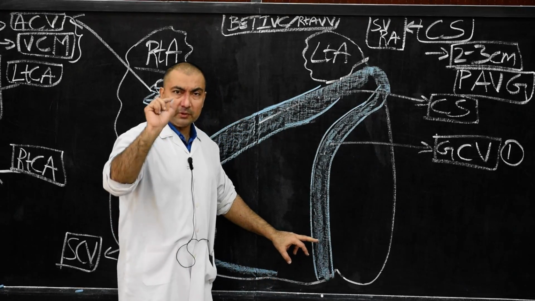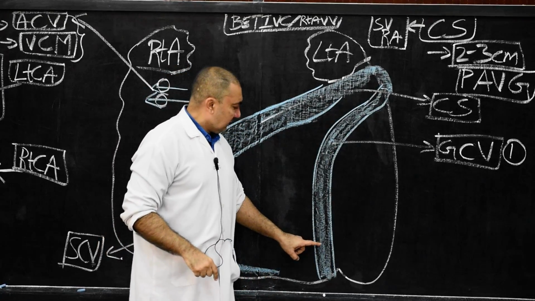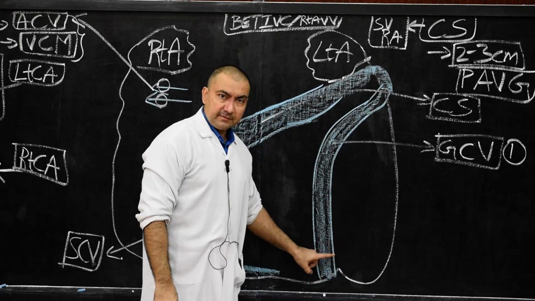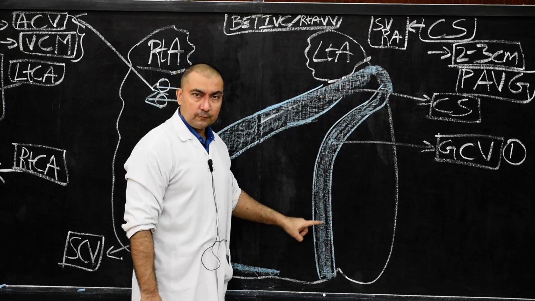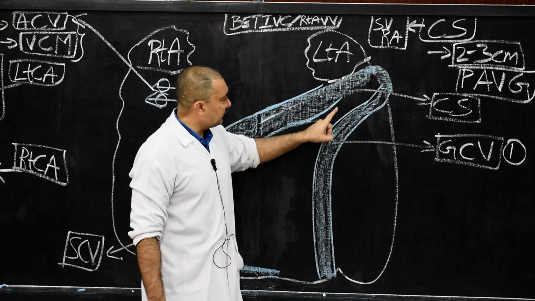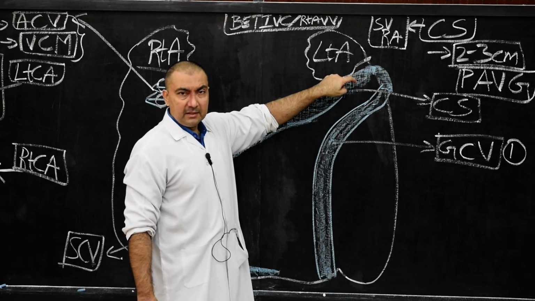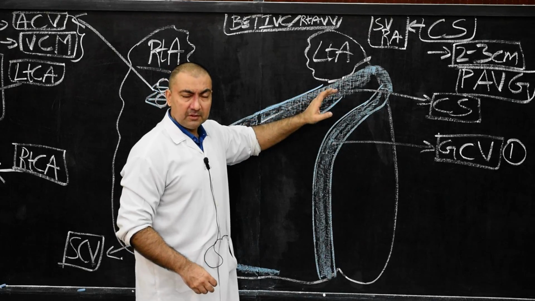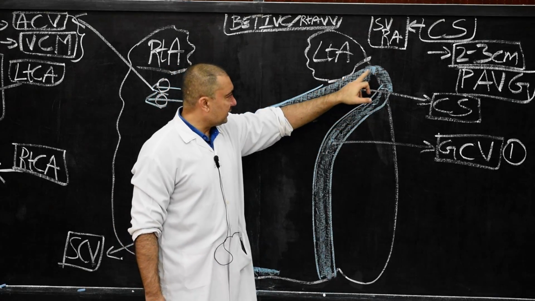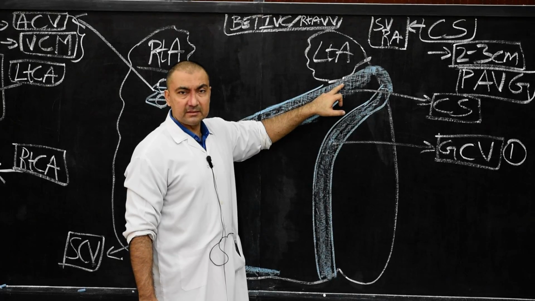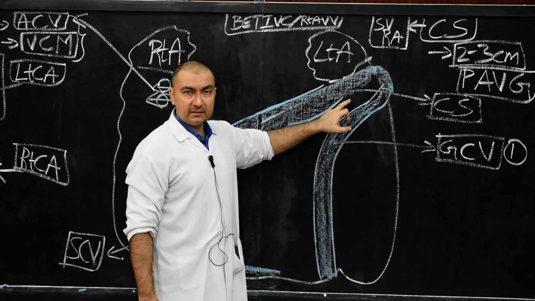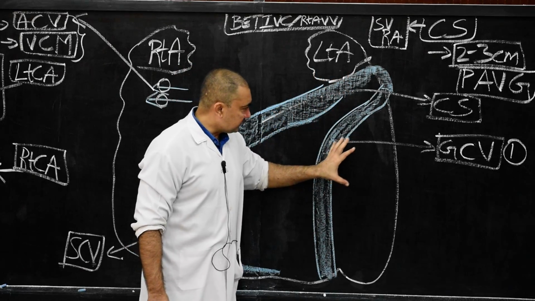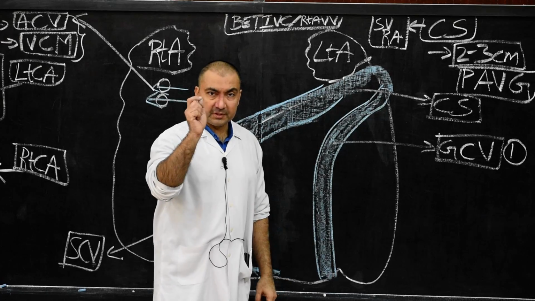What you have to write? You have to write only one point. The great cardiac vein will start from the apex of the heart. This is the apex. It will travel in the anterior interventricular groove. This is the anterior interventricular groove. And then it will curve around the left border of the heart, where it will join the coronary sinus from its left side. It will curve around the left border of the heart between the left atrium and left ventricle. So therefore it will be located in the posterior part of the atrioventricular groove. This much is about the great cardiac vein, first tributary.